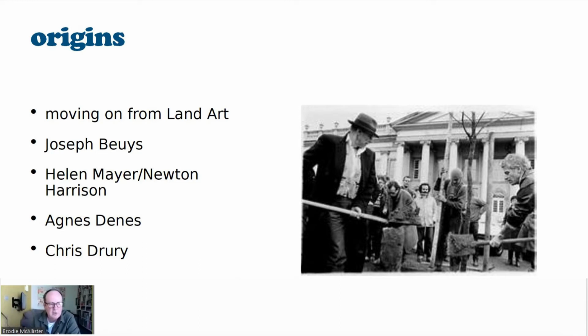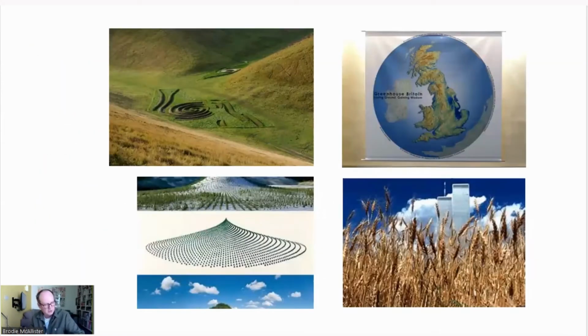Moving on to other artists who were quite influential. We've got the likes of Chris Drury, which is top left slide. This is Chris Drury, a land artist. This is called Waves and Time in Yorkshire, the top left slide,